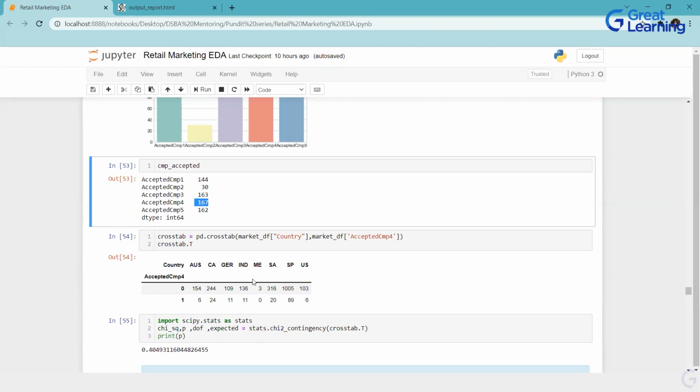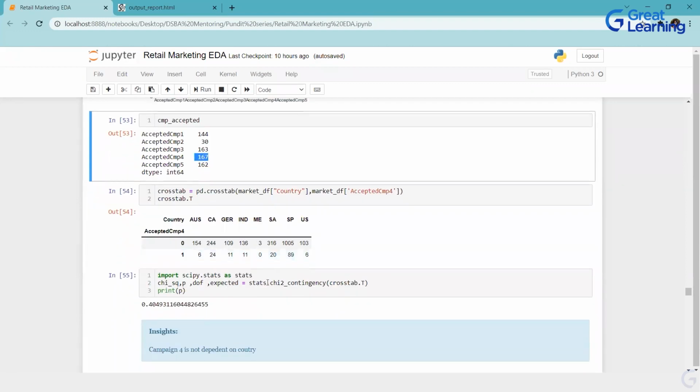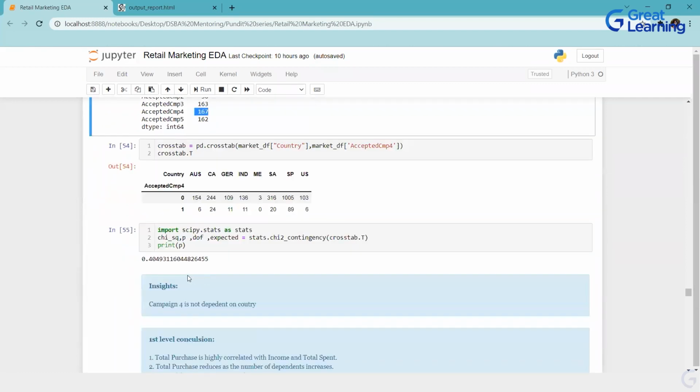The null hypothesis says that campaign 4 is irrespective of country. So that's why I created a cross tab table. Then using the chi contingency test on this cross tab, I get the p-value. The p-value is 0.4, which is higher than 0.05. Thus, I fail to reject my null hypothesis, which means that campaign 4 is not dependent on country.